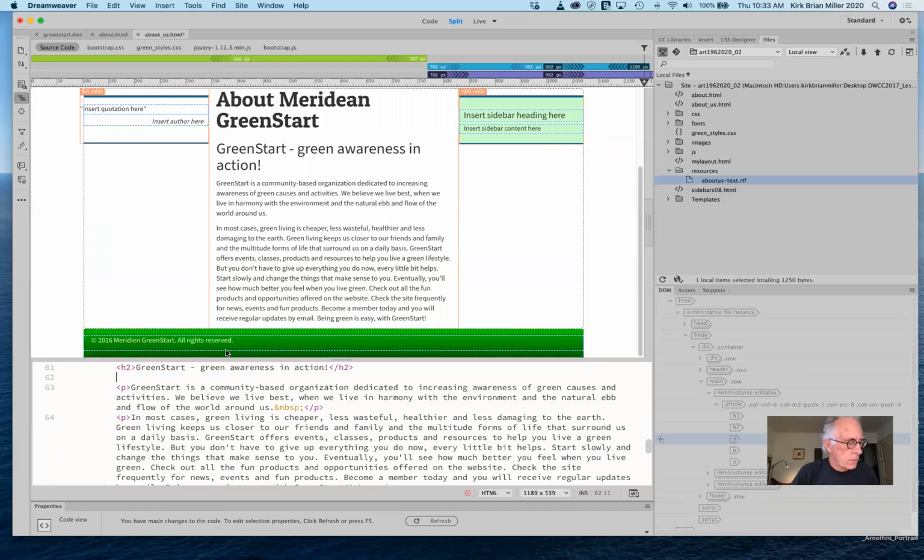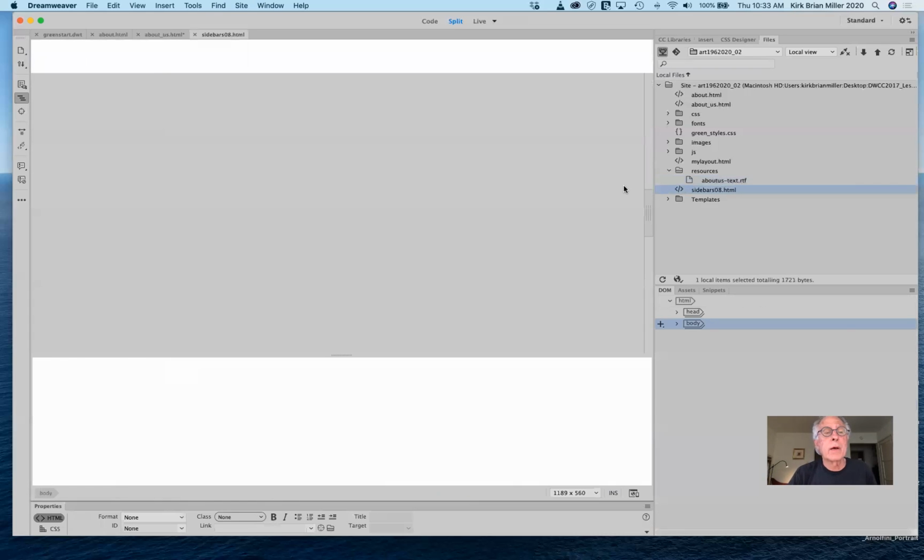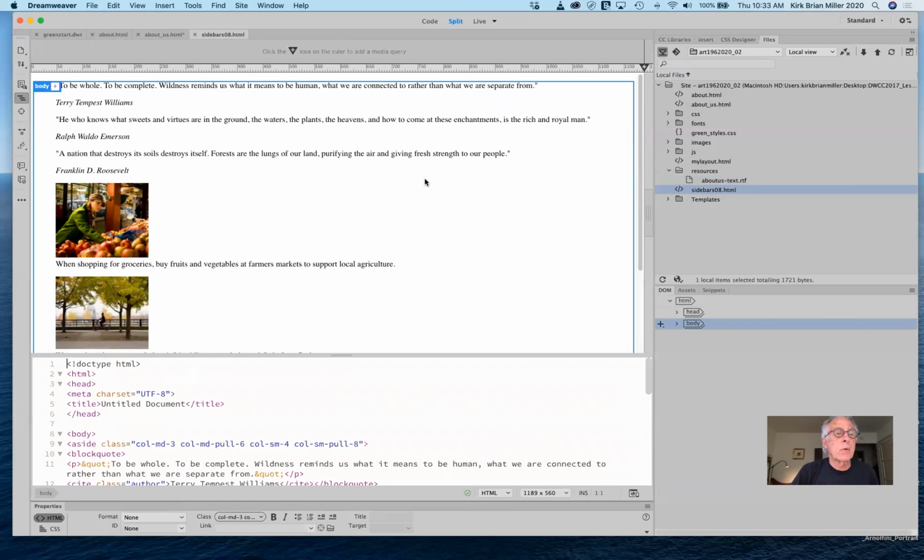Okay. Now we also have some quotes here. So I may have included those quotes in here. What I need to do is, oh, we need to open up the sidebar. There we go. They've included the file here. It says sidebar 8 HTML. So if I double click on that and open it up, you'll notice that we have